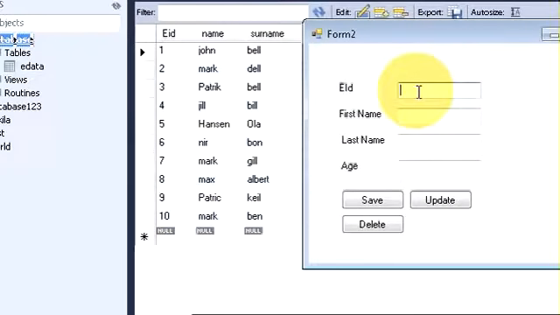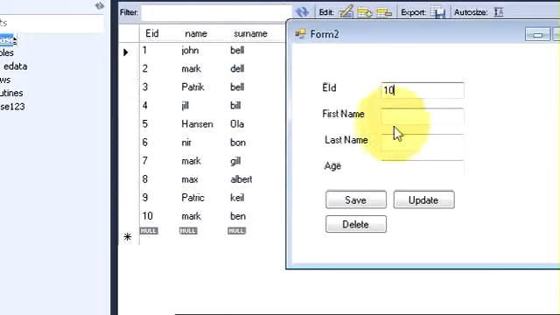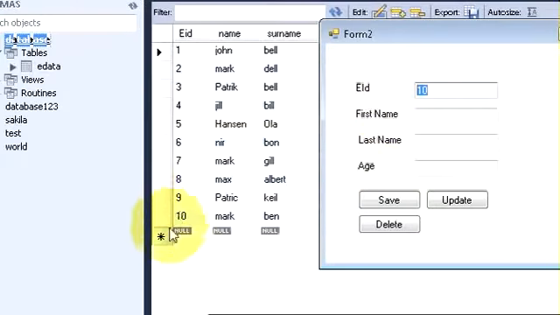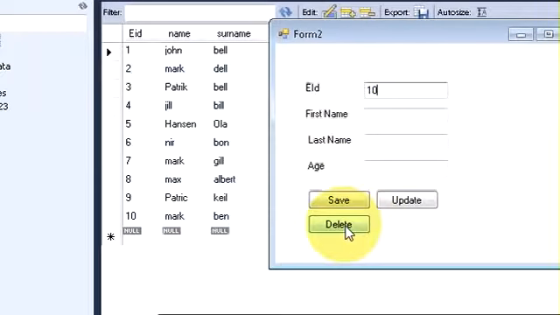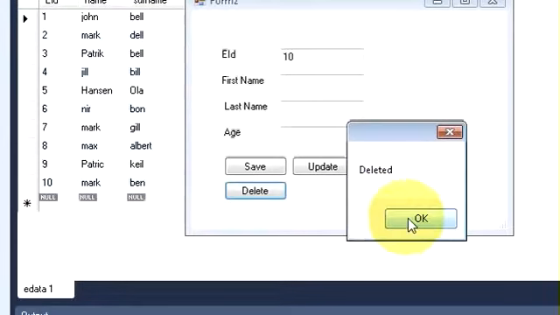So I will write 10. I don't need to enter the rest of the text because I am deleting the data on the basis of the employee ID. I will press this delete button and you will see data is deleted.